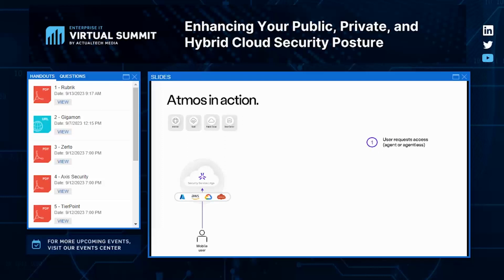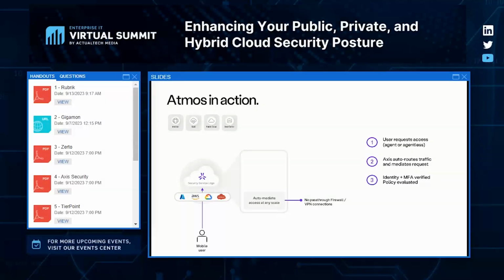First, the user requests access. Note that this can be with or without an agent so that you can cover those difficult third-party and contractor use cases if an agent cannot be installed. Next, the platform auto-mediates the request for access at scale. Unlike with legacy VPNs, there are no pass-through connections. Users do not get an IP address on the network and cannot go wherever they want whenever they want.